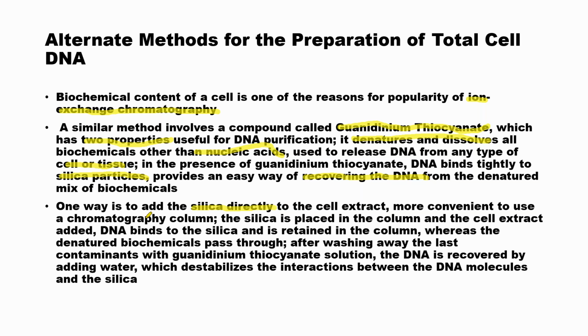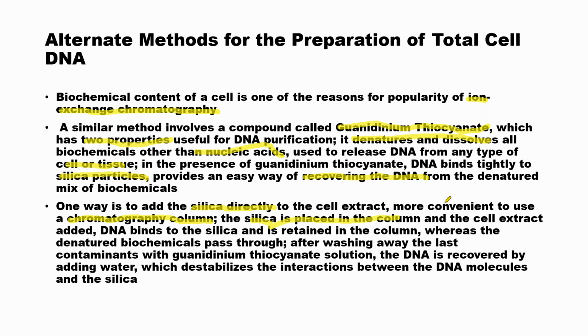Now, it is more convenient to use a chromatography column. Usually, when we are using the guanidinium thiocyanate method, we use a chromatography column. So how do we proceed? First of all, we take a column like last time. Last time we studied ion exchange column chromatography. Similarly, here also there will be a column made up of plastic or any other inert material. Fine. Now the column will be filled with silica. Silica is the stationary phase or matrix in the column.